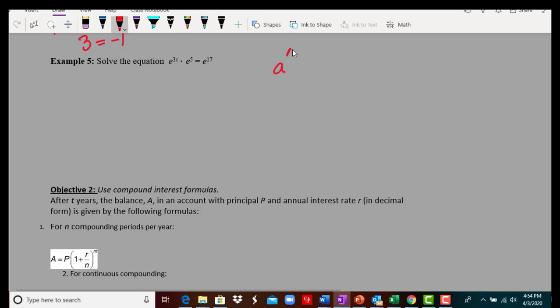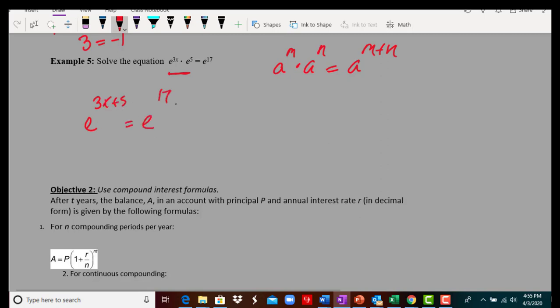If you have something that has the same base and you are multiplying, then you would add your exponents. So in this case, we have e to the 3x times e to the 5th. This means that we need to add the exponents and rewrite it as e to the 3x plus 5